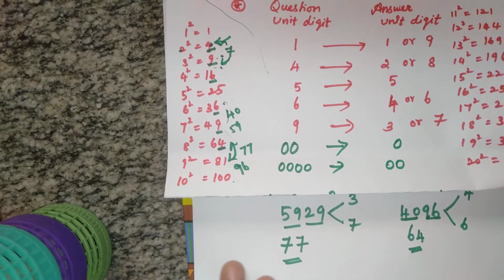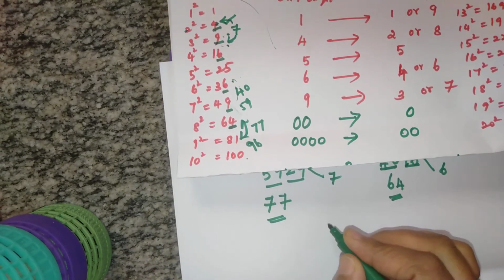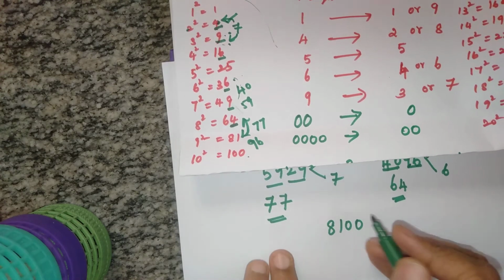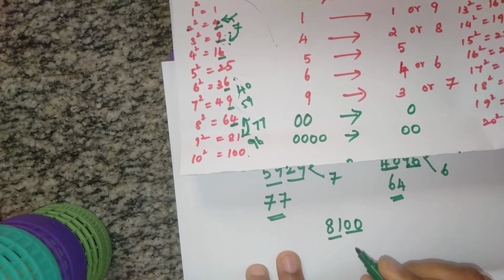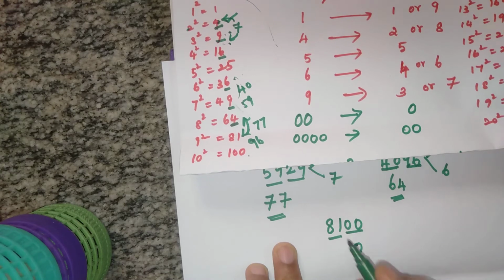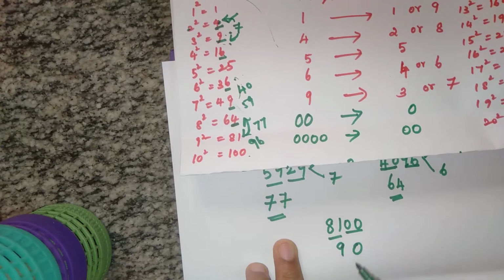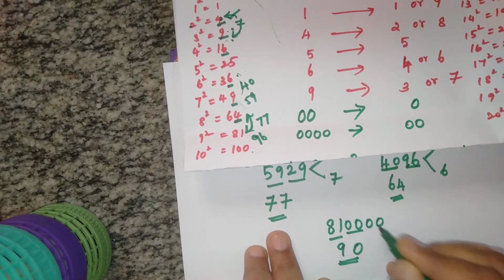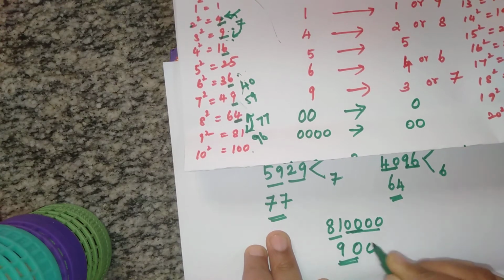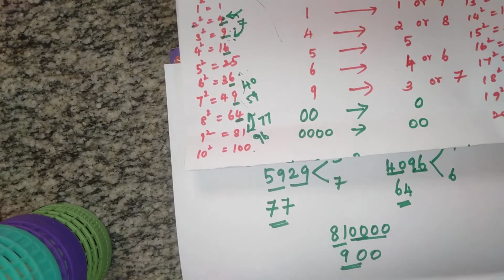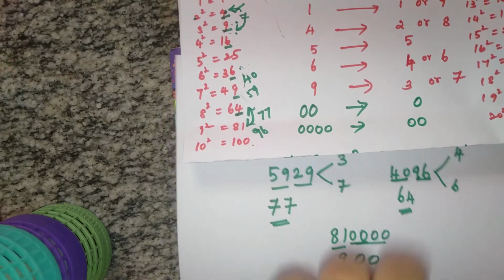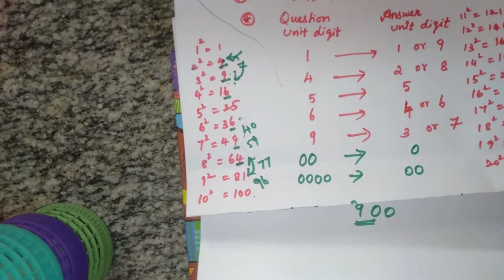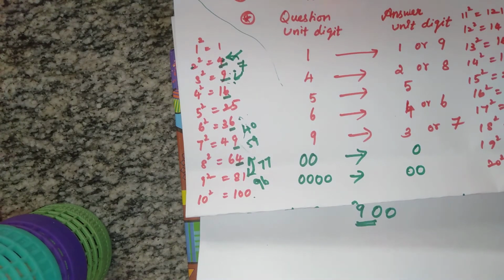Okay. A special case we have to take: 8100. I already told you to take 2 pairs. 2 0 means the answer will come as 0. The square root of 81 is 9. That's all. You don't have to think much more. In case 40 is there, the answer will be 20. That's all. Is it clear? Next, now we have seen 3 digit and 4 digit. The same concept will be applicable for 5 digit also.